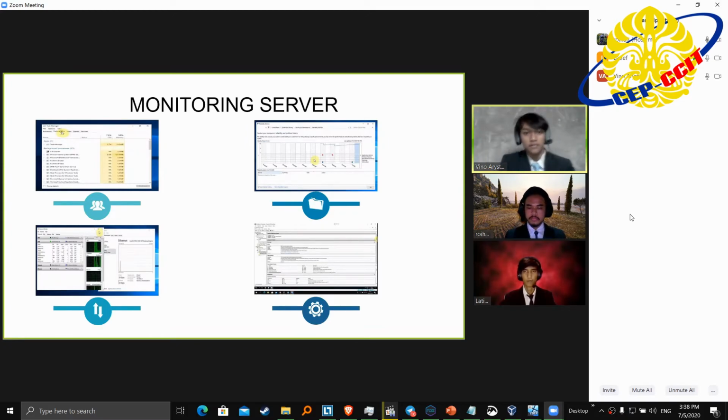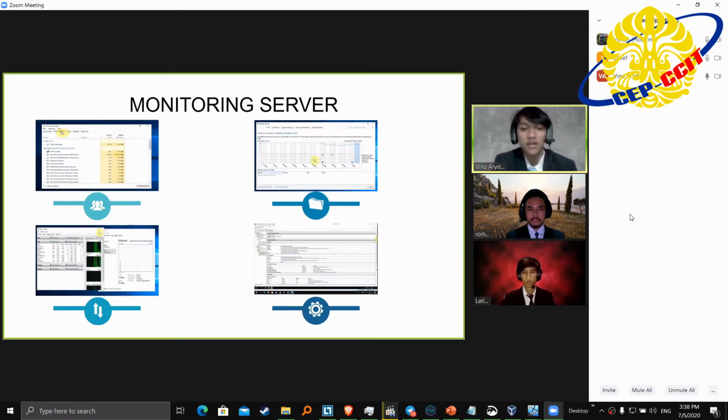Monitoring server. Server monitoring is an activity where you monitor the results on the server, such as CPU usage, memory, RAM consumption, disk usage, input, output, network, and others.